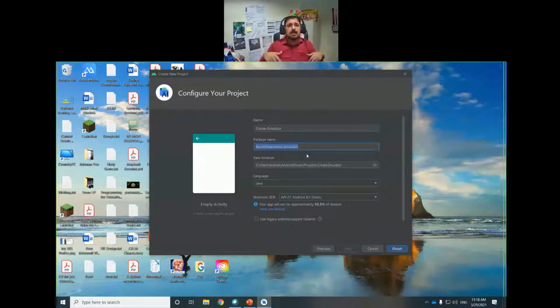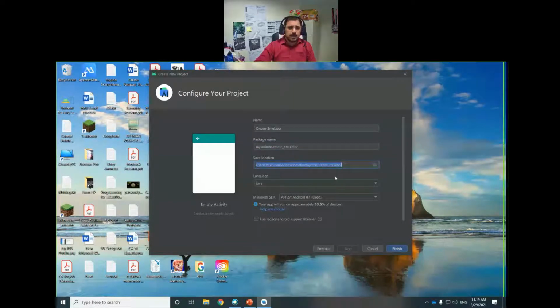So again, in our society, to uniquely identify every human being, we have an ID number which is unique and will never repeat. Okay, so the same applies to this package name also, to uniquely identify this app in the Google Play Store and inside our mobile.